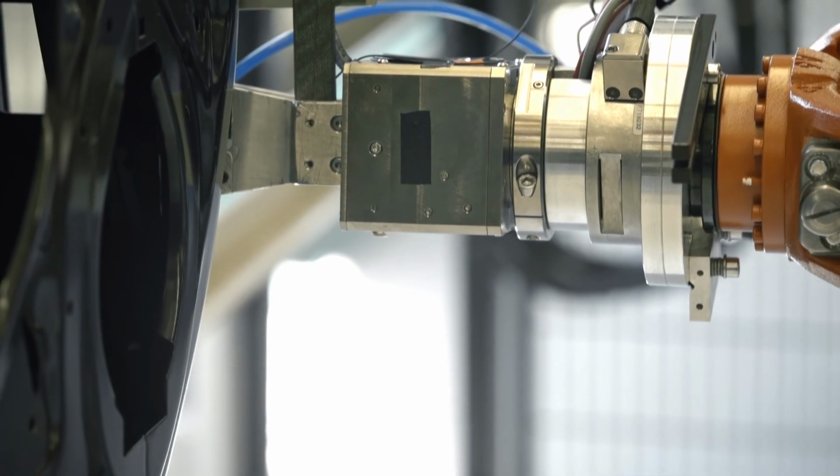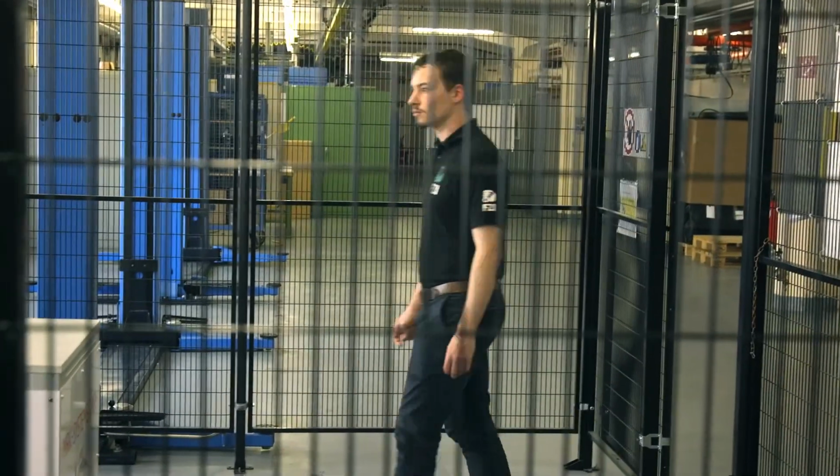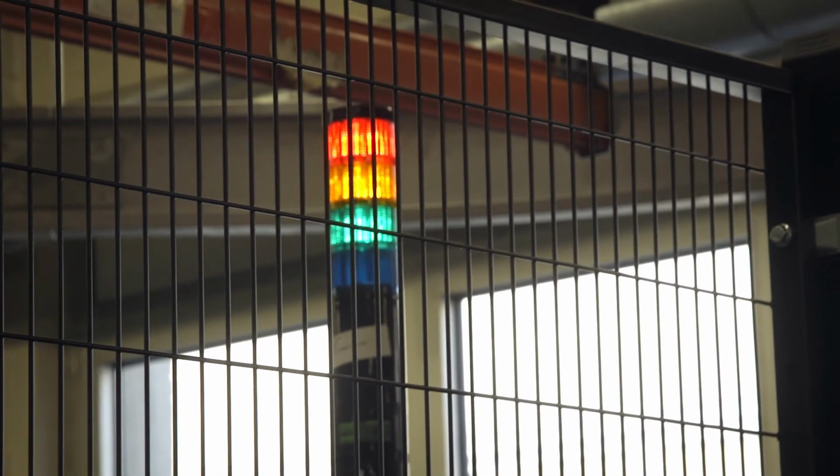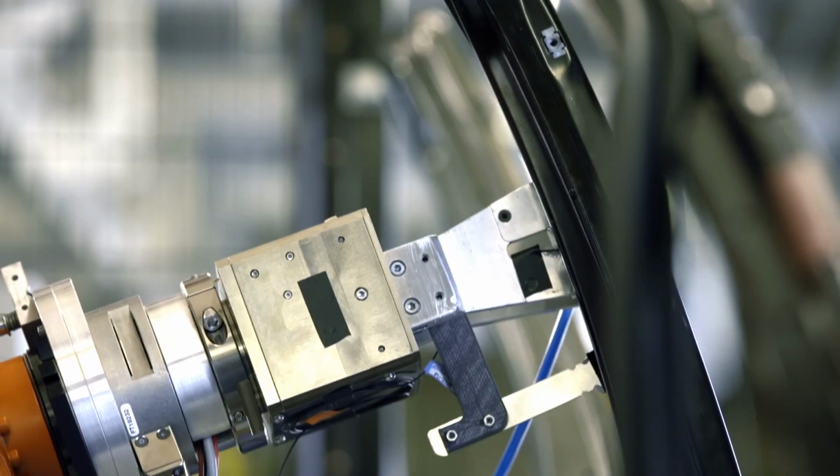We can actually use that maybe in 1 or 2 years. The combination of robots and humans is a really interesting field. I think that this will get really more important in the future, and systems such as the one that we developed will be one step towards this direction, so that robots and humans are not separated through fences anymore, but